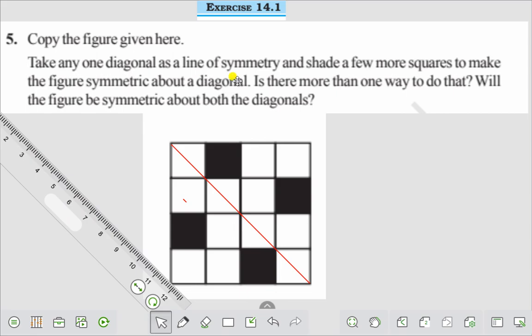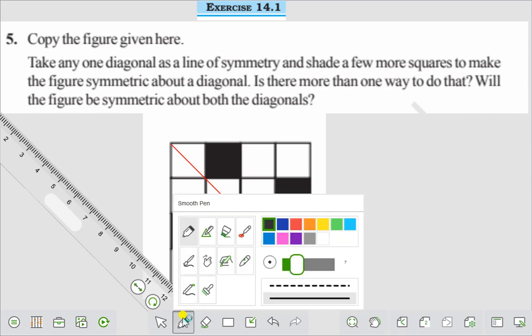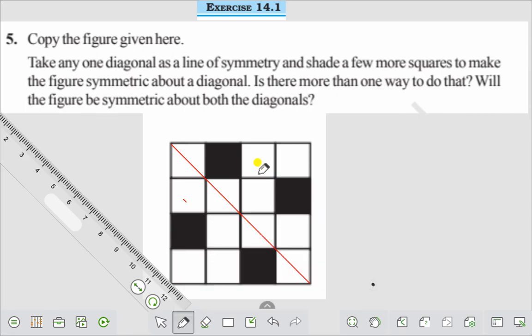Take any one diagonal as a line of symmetry and set a few more squares to make the figure symmetric about this diagonal. Let us set one square. Suppose we are shading this square. Shading this square, and what you find, you see you're shading this square or shading this square,